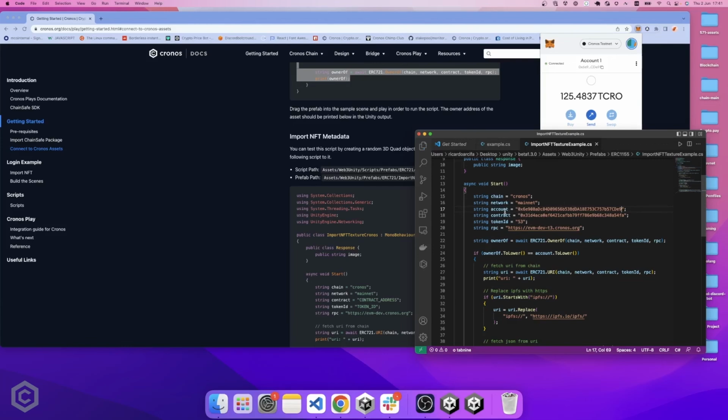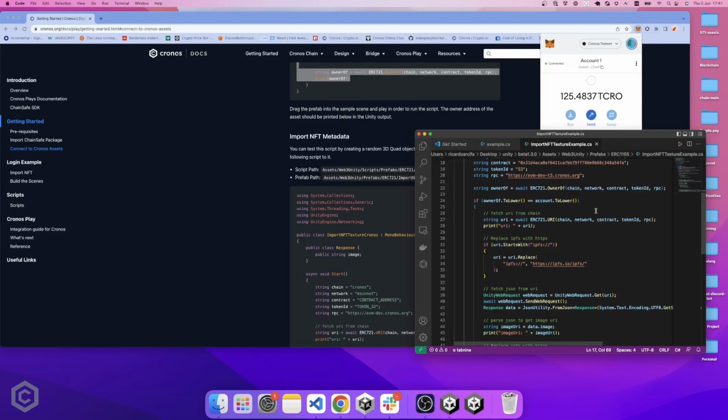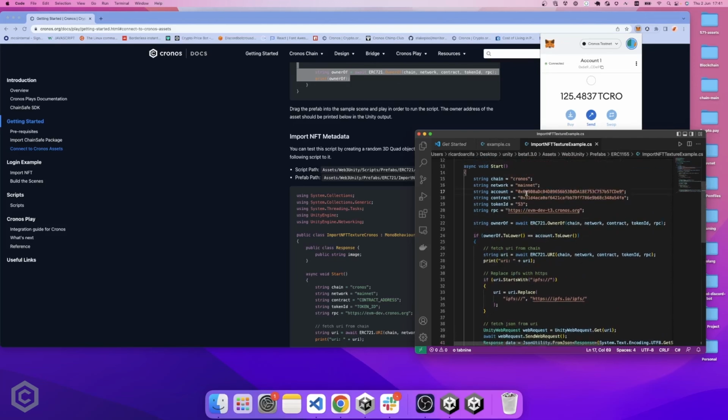Okay, so we have our account, we have the contract and the token ID. Now you're gonna see how the token with ID 53 is gonna look. We use the testnet RPC method. We used a string owner of method. Here in the function, we check for chain, network, contract, token ID, and the RPC method. And then we have a condition. So we want to compare the owner of and the account. Basically, if the owner of that NFT equals the account that I'm specifying here in the string, then